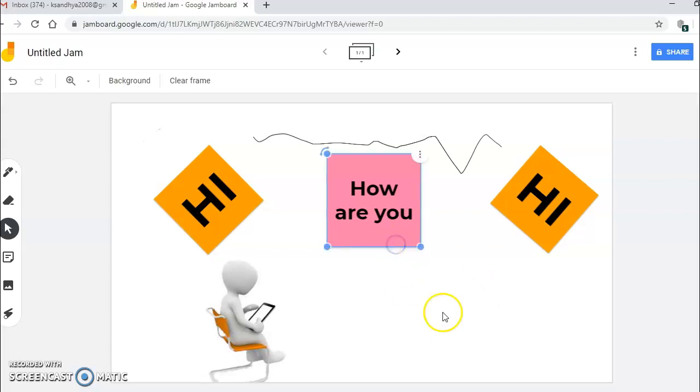Okay, and here is the laser pointer. You can point out if you want to teach any content. You can write, and you can have multiple sticky notes. You can have a text box. You can use a pen. You can use the pointer. This is one of the beautiful tools which is very useful for teachers.